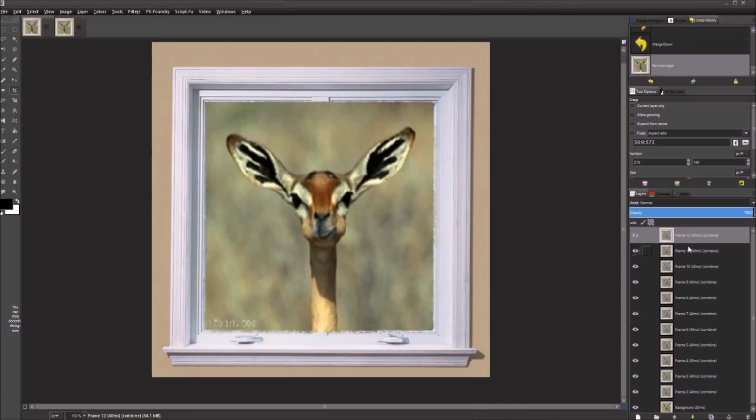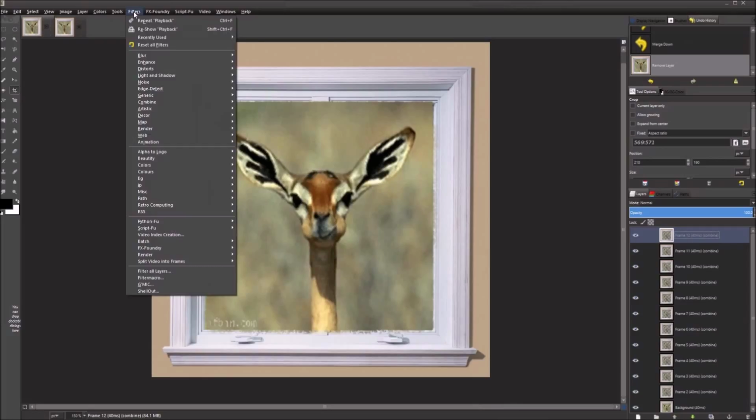Let's see, I'm trying to think. The only thing that I could think of as to how people are getting transparency, all their backgrounds going transparent, is when they go up to Filters and click on Animation, and instead of hitting Playback, they might have